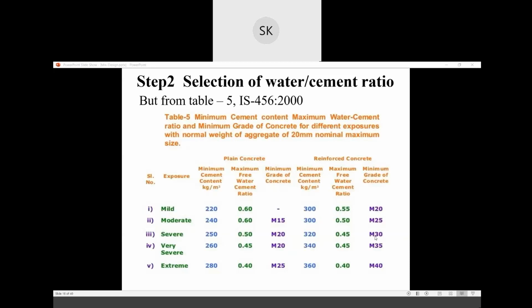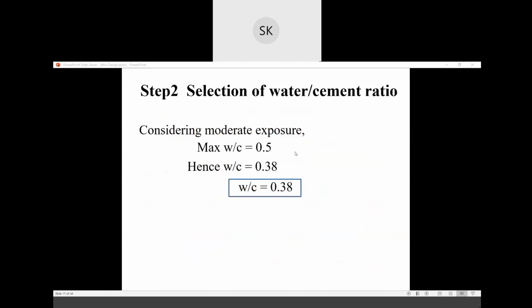If you go with M30, you have only severe exposure, so you can take a maximum water cement ratio of 0.45. For moderate conditions, the minimum grade of concrete is given, and the maximum free water cement ratio for moderate conditions you can take is 0.50. So they have taken 0.50.